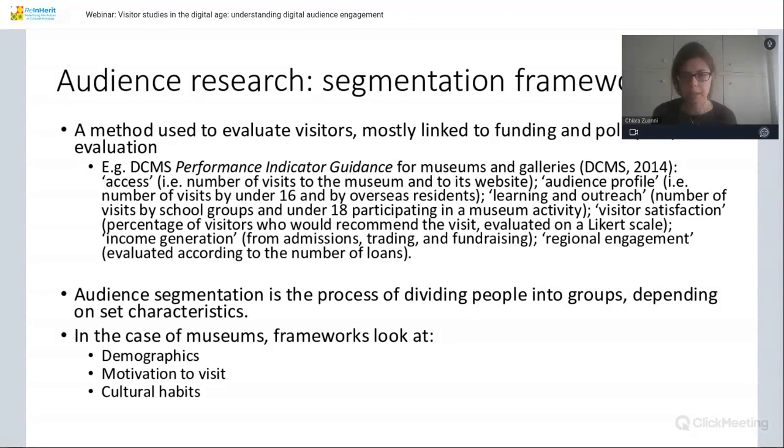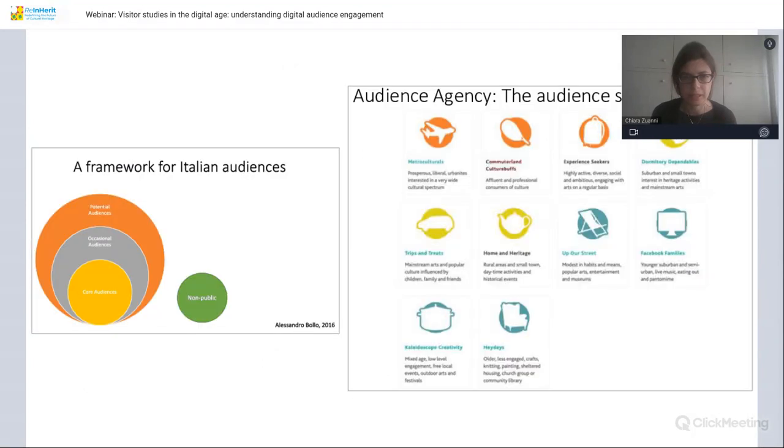But if we look at it at a macro level, audience segmentation is this process of dividing people into groups depending on set characteristics, which could be demographics, cultural habits, motivation to visit, geographical provenance, and so on. It can be very simple. This is a very early classification for studying Italian audiences developed by Alessandro Bollo in 2016, in which we